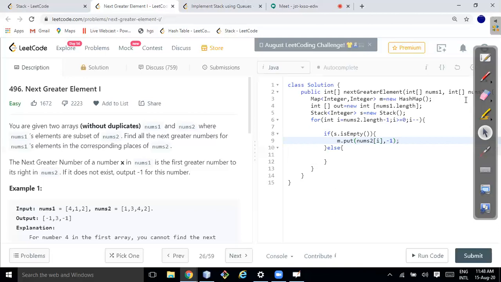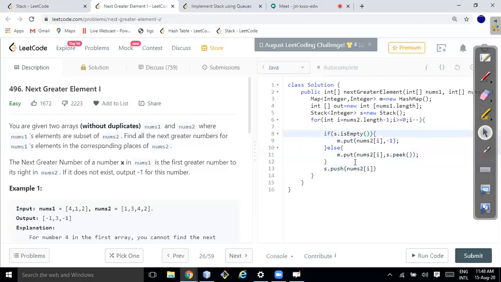That's what is in the problem statement. Otherwise, m.put nums2 of i, and I'll put s.peek. That's good. And at the end, I have to add into the stack. What I'm going to add, nums2 of i.